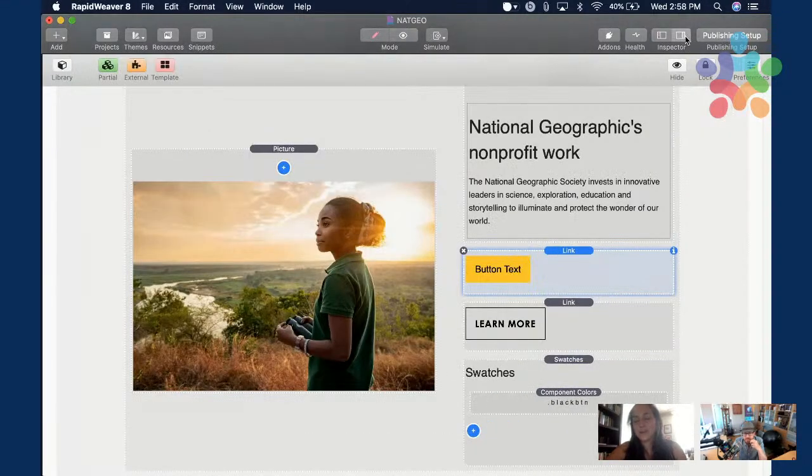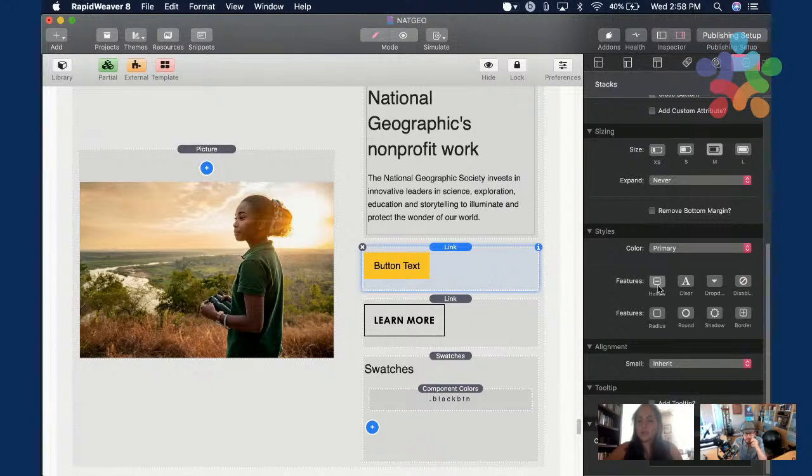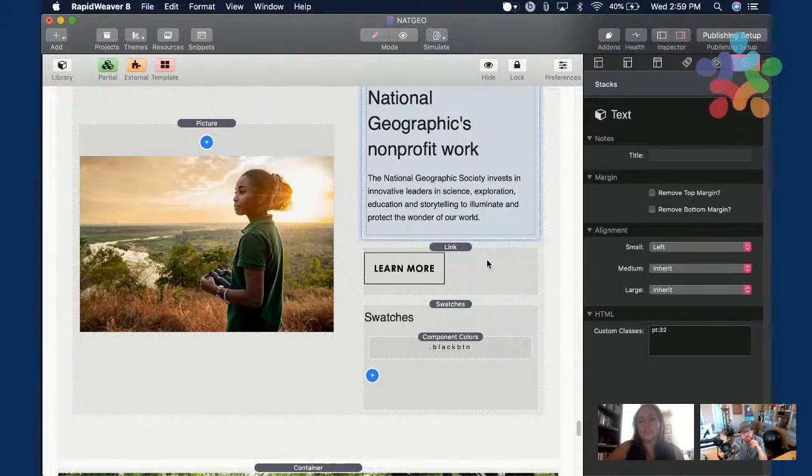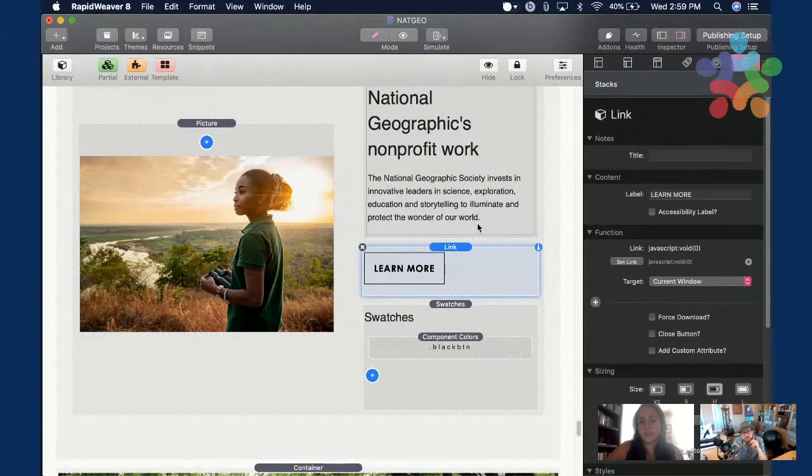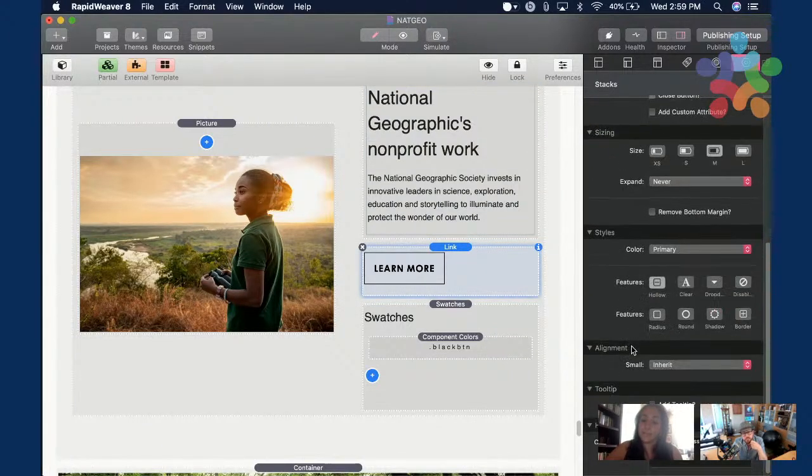By default, it is yellow, and if I tell it to be hollow, it will be yellow as well. So to change that, I added a new class and called it black button. So a new swatch, and I called it black button and just set the font color to be black. I think it's a font style swatch.